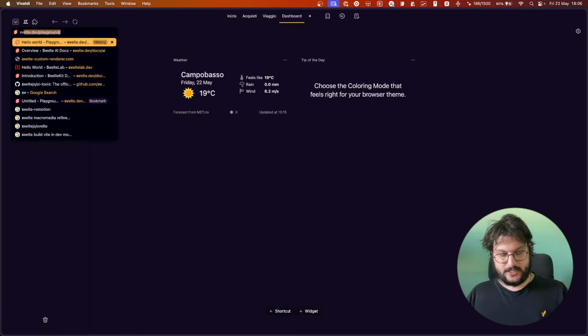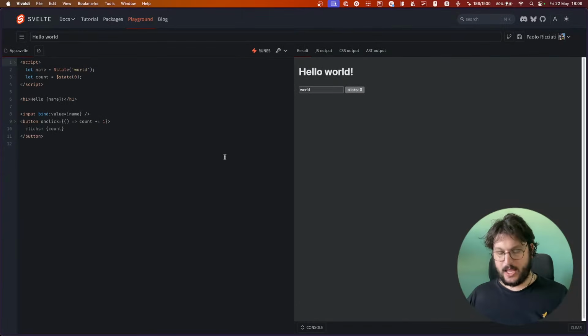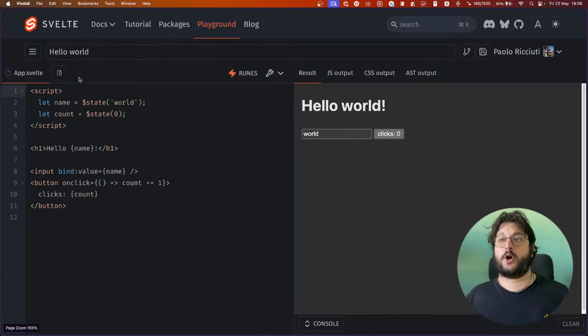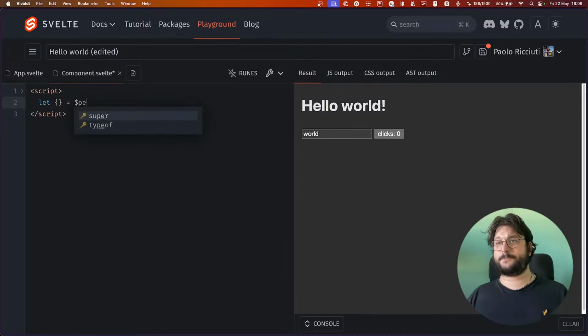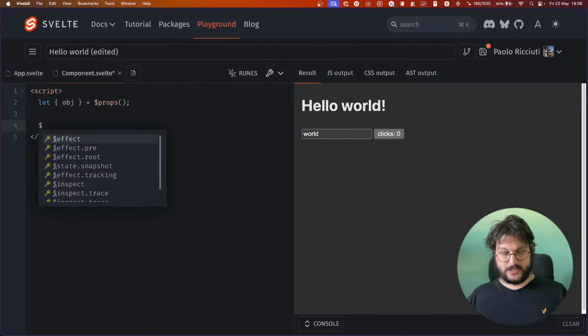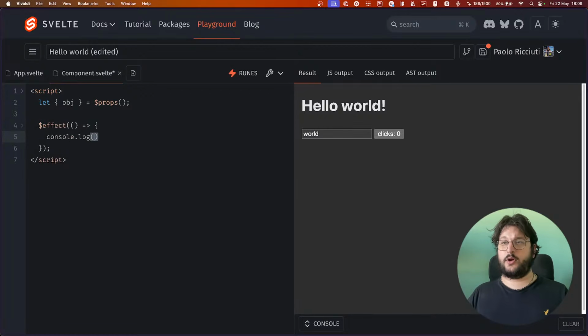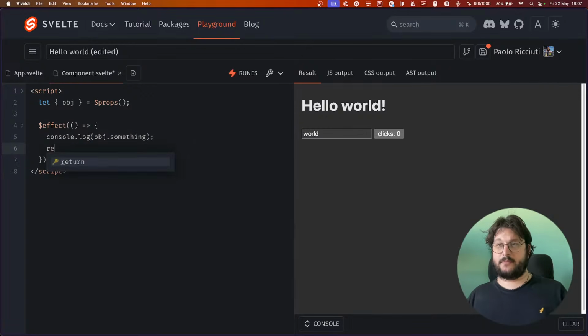The problem is, and let me open the playground once again. So in Svelte, the props are lazy, right? They are basically getters. So if I do $props like this, and I do, I don't know, object, I can do $effect, and I can console.log object.something, right? And then maybe I return and I do console.log